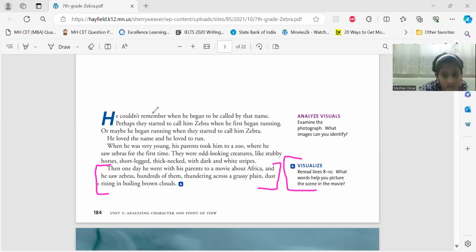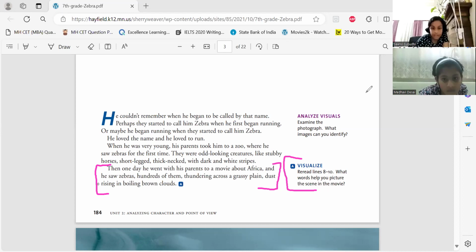Okay. So based on this story, which was shared with you guys, we are reworking on this patch because there's an assignment on this. This really helps you to understand